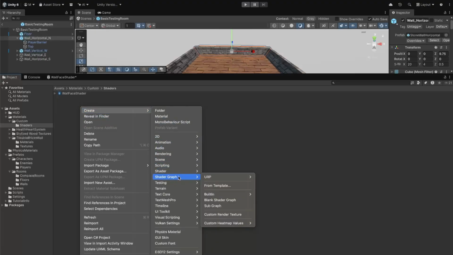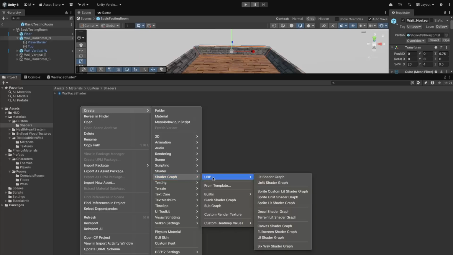And shader graph is this really powerful tool that lets you make shaders. You don't have to do any coding for the shader. So it's a visual way to create shaders. That can be really powerful. You can make animations. You can make all kinds of different stuff. So in this case,